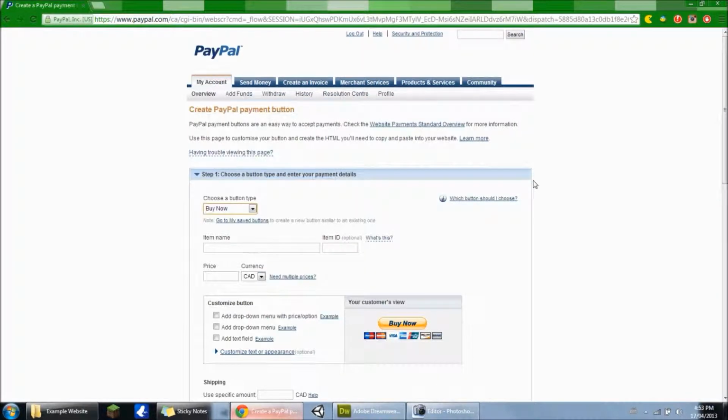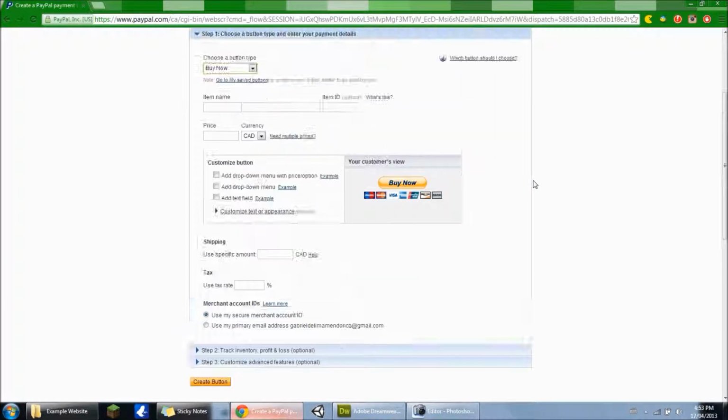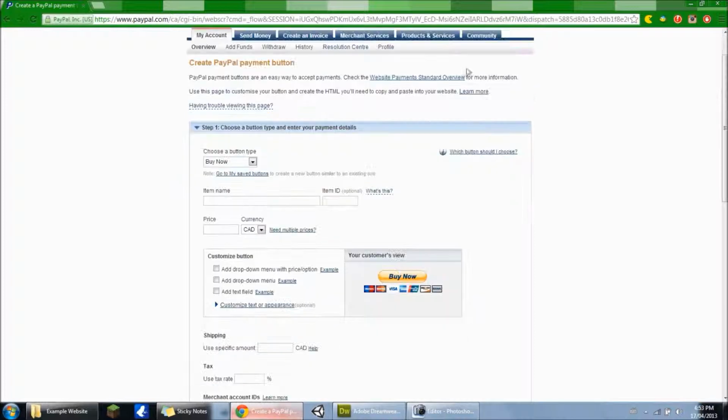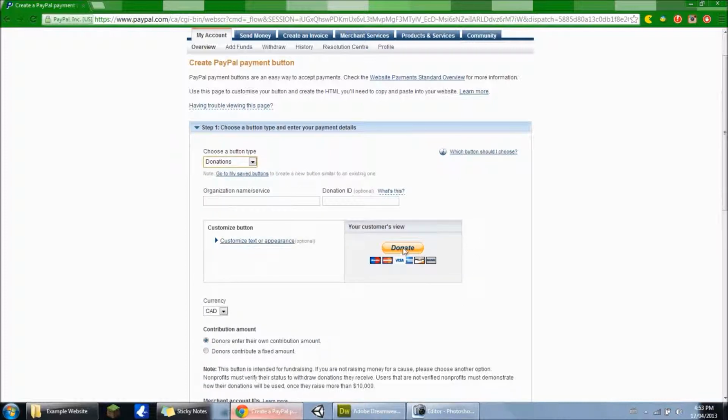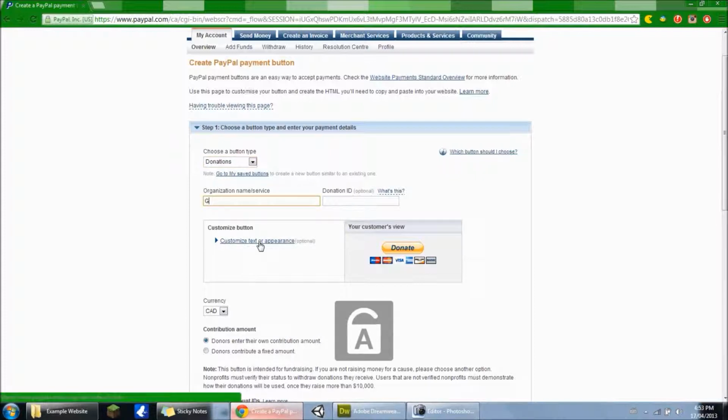We're here, all logged in. Now what you have to do here is just go to the link in the description. I don't know if it's gonna work, but basically you just go to Merchant Services, Buy Now button, and it'll bring you here. So this is what it's gonna look like. So what we're gonna do is we're just gonna put it to donations. So it says donate. The organization will be Geeky Gabe,